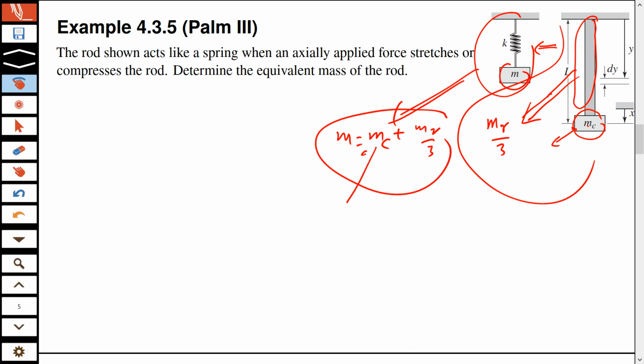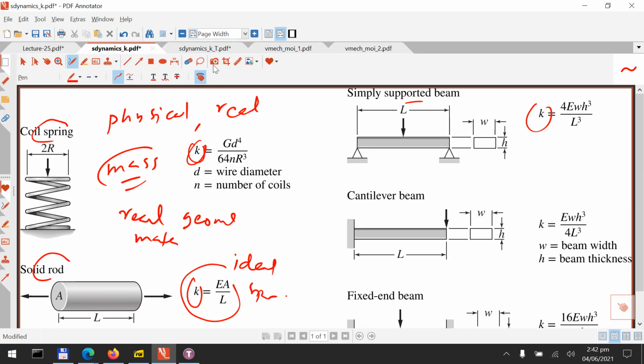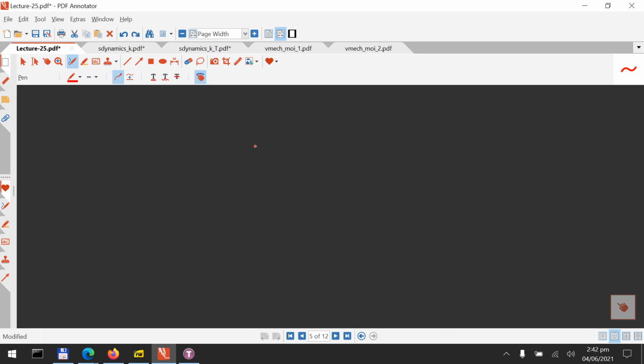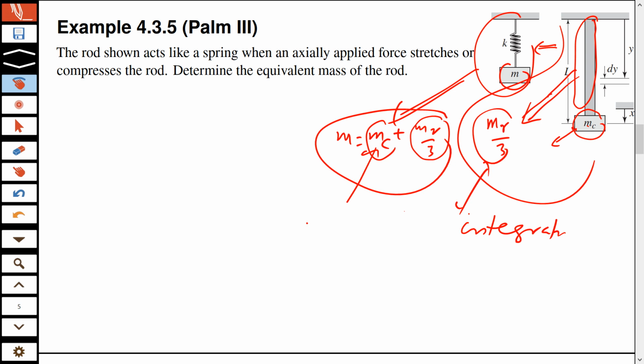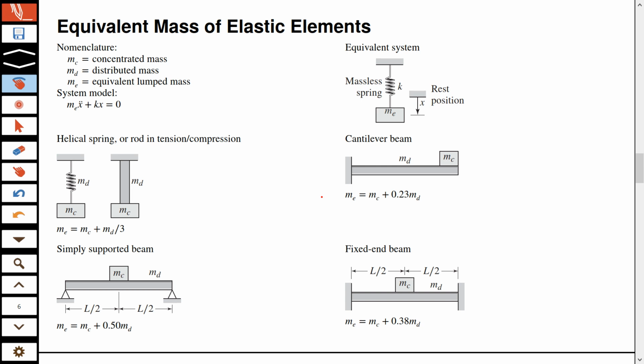You first note down all the concentrated masses, you add them, and then you add the transformation. This is a consequence of that integration. Now the problem is, just like this table before, why did we need this table? Because we don't want that integration every time. So similarly, we don't want to carry out this integration every time. So for our convenience, we will have these tables. Okay. So the nomenclature now will be,